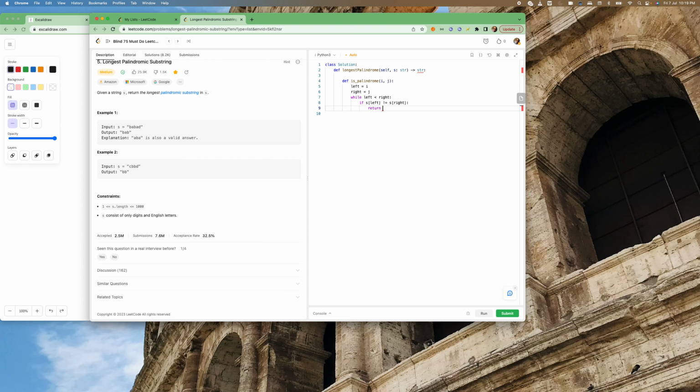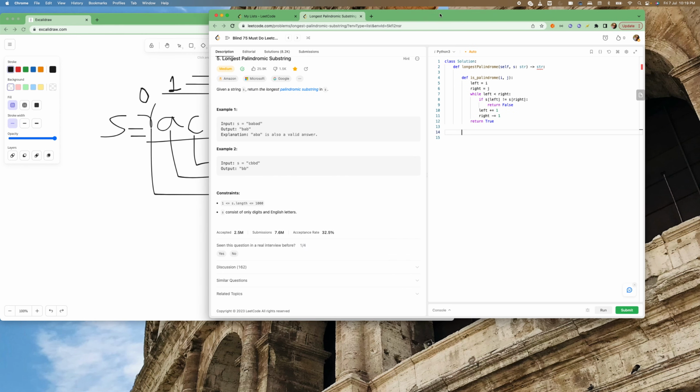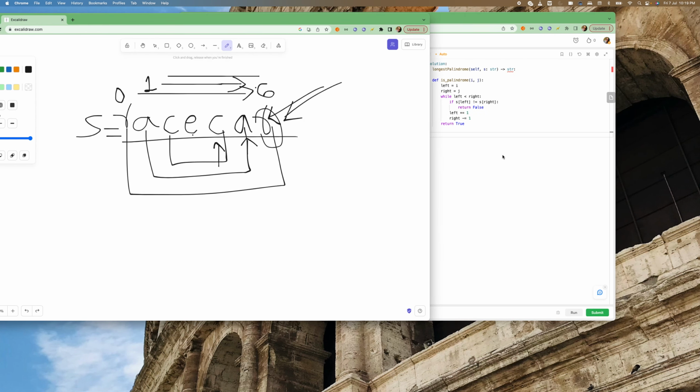So we will return false. Else, left will increase by 1, right will decrease by 1, and we return true. So we got this method to check whether this is a palindrome or not. And as we discussed earlier,